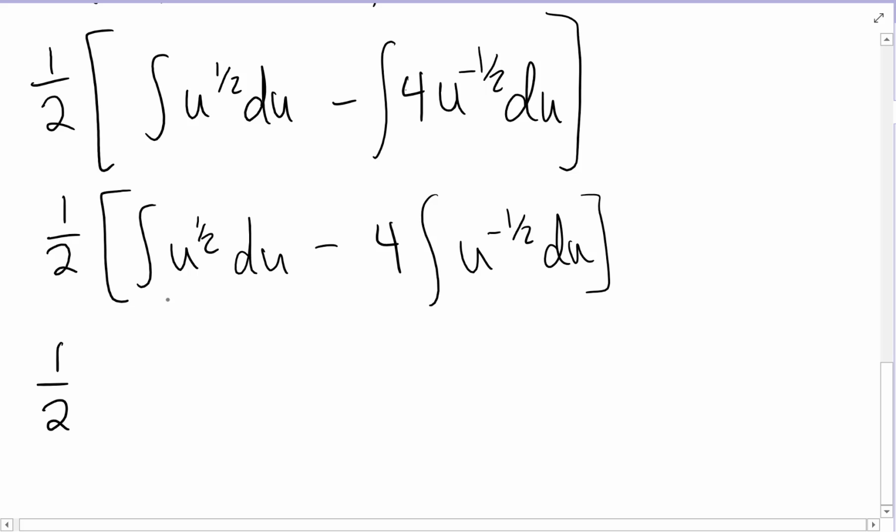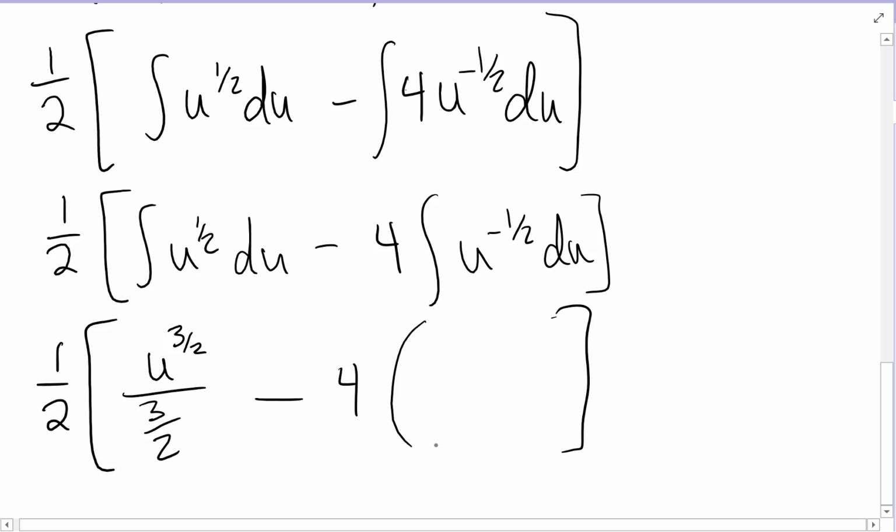Now I can more easily integrate 1/2 times, again it's going to be times this whole piece, whatever we get out of these integrals. The integral of u to the 1/2 should be u to the 1/2 plus 1 is 3/2, and that is also my denominator, 3/2. Minus 4 times the integral of u to the negative 1/2. Negative 1/2 plus 1 is positive 1/2, so this would be u to the positive 1/2, and 1/2 would also